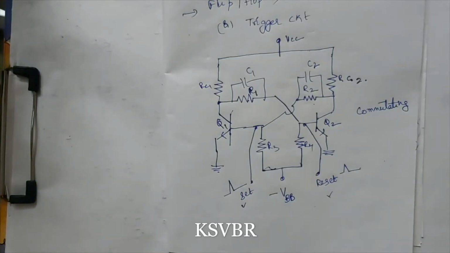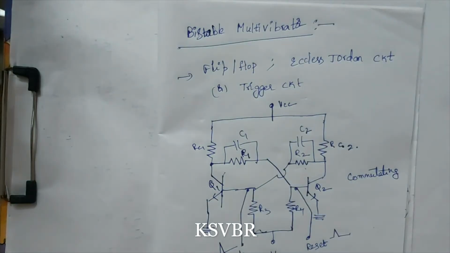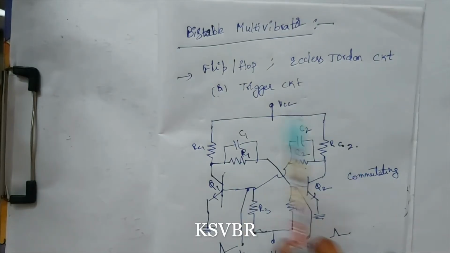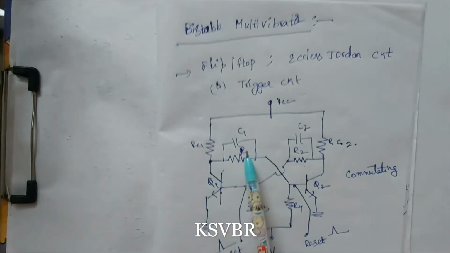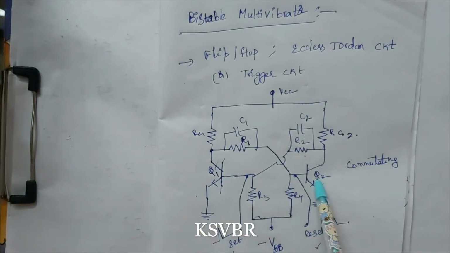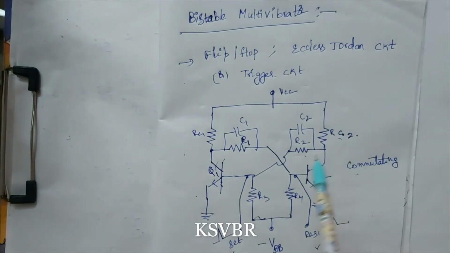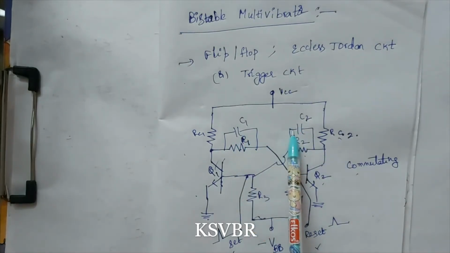In external examinations, if you are asked to write about the bistable multivibrator, first write an introduction. First point is, it has two stable states, so the two coupling elements are resistors, then the other names, and then the circuit diagram. After the circuit diagram, you have to write the description. There are two identical transistors Q1 and Q2. RC1, RC2 are the collector resistances of the corresponding transistors, and there are R1, R2 resistances, and C1, C2 are commutating capacitors, which are used to speed up the process.